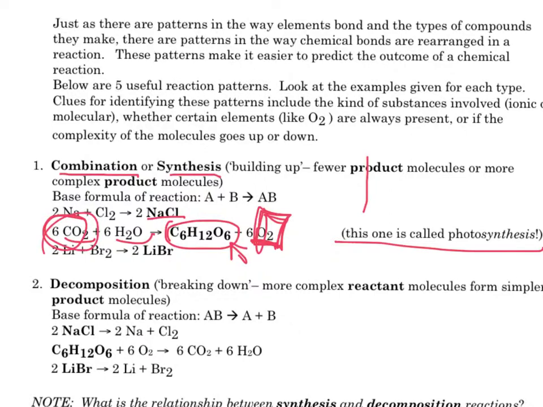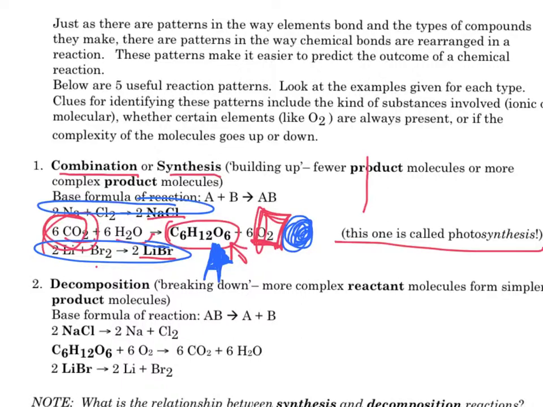are doing this. And then our last example would be lithium and bromine combining to make lithium bromide. As you can see, in the first example and the third example, we've made one product. We've made fewer products from more reactants. In the second one here, we still have 2 reactants and 2 products, but this sugar is very complex, so it takes quite a bit of energy to build up